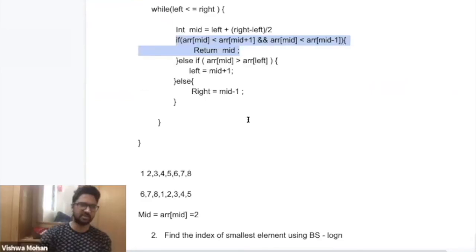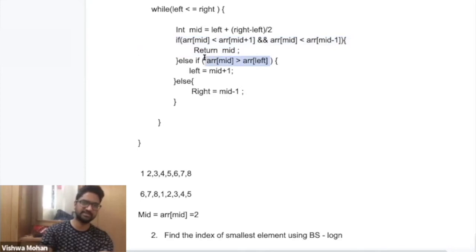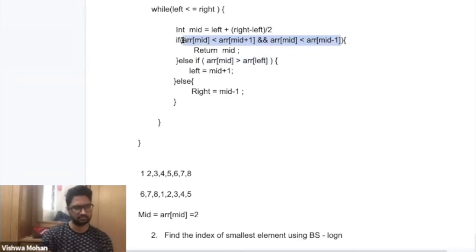So this is typically a pattern of binary search. In any binary search, you will always try to go either into the first half or into the second half of the array. And this is how you should proceed. The only thing you have to keep in mind is that you have to be very intelligent in figuring out these conditions. If you are able to figure out these conditions, your job is done. And then you can use binary search in many other contexts also. So in the sheet also, I have given you multiple questions where you have to apply modified binary search at multiple positions. And if you solve those questions, I think these things will get clearer.